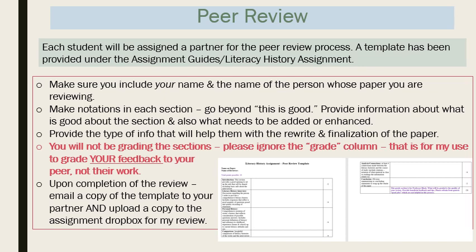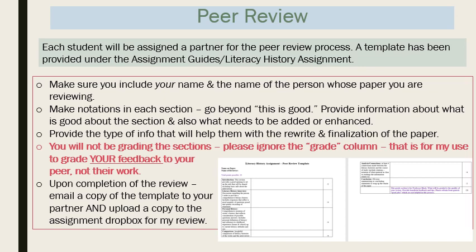You will notice in that same folder on the Blackboard page for the literacy history assignment, you will also find, and I have a snapshot of it there, the peer review template. And basically what I did is I took the rubric and then put some guidelines for you and gave you some space. It is a writable document, so what I'm going to do is I will assign you a peer whose paper you will review. And you'll notice that there is a grade column, but keep in mind that grade column is not for you to grade your peer. You're simply providing them feedback in the spaces where there's opportunity for you to do so.